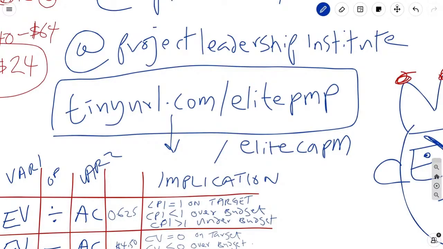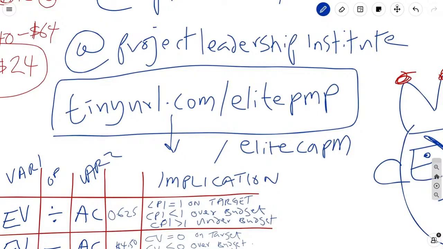Now, one of the reasons why people are a little bit concerned about earned value management is because no one has really shown them how to implement an earned value management system. And I touched on this just a little bit when I was going over the whiteboard stuff, but I want to go just a little bit further for you. And I'm going to share with you some additional information about how you can implement an earned value management system.